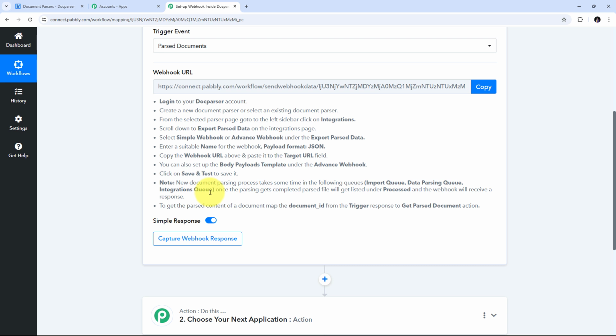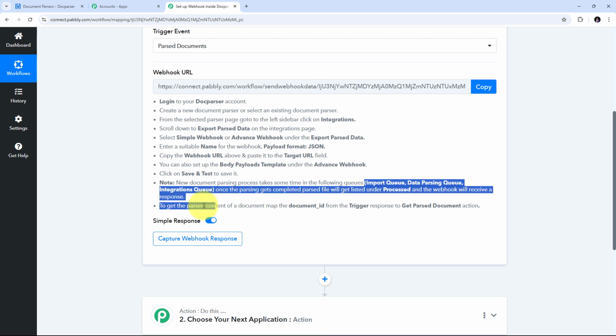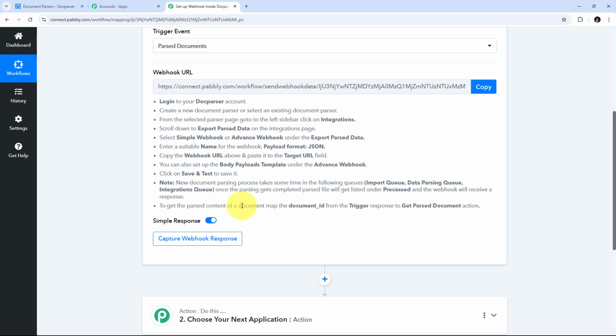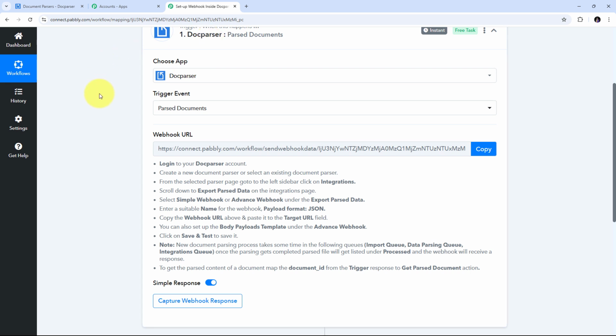So when we get that data in the triggers tab, we can get the parsed document details in our actions tab by using the document ID that we are going to receive in the triggers tab. So here we need to only use these trigger and actions tabs when we are going to work on these queues. Now here what I'm going to do is simply connect Docparser with Pabbly Connect, and for